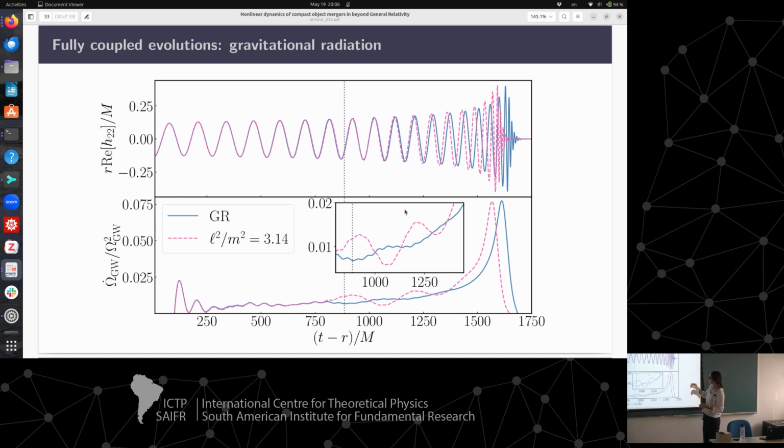But what we're finding here is that there's again a dephasing between the GR and the beyond GR waveform. On top of that, this dephasing is basically enhanced because of the introduction of eccentricity in the signal. What's happening is that you start with two black holes on a quasi-circular orbit, but then at some point one of the black holes loses its scalar charge to get the same charge as the other black hole, it loses mass in the process, and this gives rise to eccentricity in the orbit. This is interesting because it is something we could potentially look for in our data, because we don't really know any other process that would lead to a sudden change in the eccentricity on such short time scales